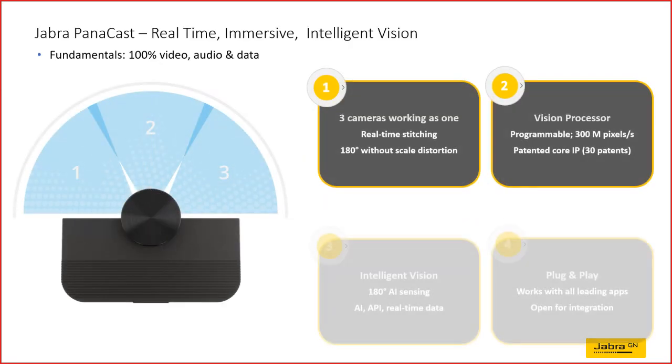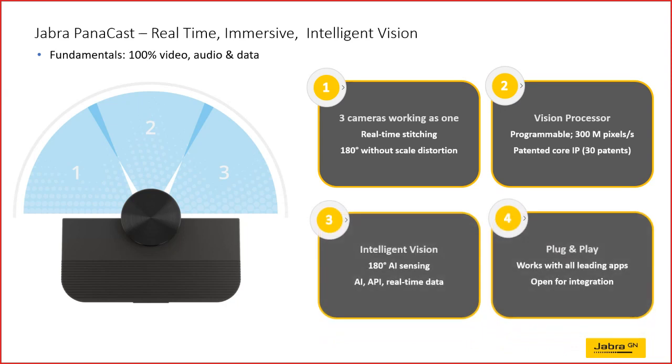Panacast is a little bit larger than a credit card. So it's actually a very small device, and it has three 13.3 megapixel cameras, which using an AI chipset inside the camera stitches all three frames together at about 18 inches from the camera. As you can see in this image, 1, 2, and 3 overlap about 18 inches. After that, at a real-time algorithm of about 3 to 5 milliseconds, those screens start stitching. And as long as you're not inside that 18-inch overlap, the algorithm using a weightage and facial recognition will stitch around you. So essentially, you don't have a large slice going right through you, and it holds a perfect 180-degree full 100% use of space